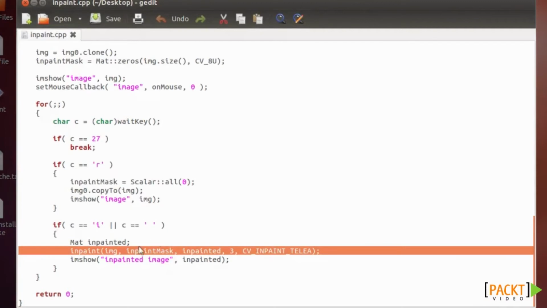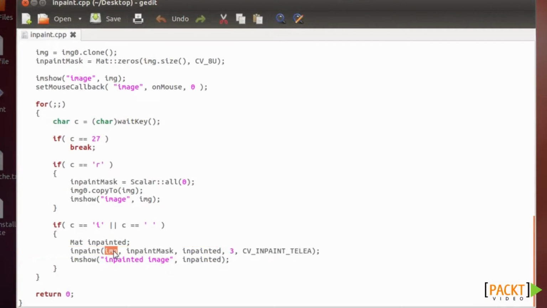The main part of the code is this one, inpaint. In this function, you only need to give as an argument your image, your mask, which is a matrix where all the non-zero pixels, all the non-zero values, have to be redrawn. So in this case, everything that you paint becomes a non-zero in this mask. And then here's where the output is going to be written, and this is the radius of the algorithm to